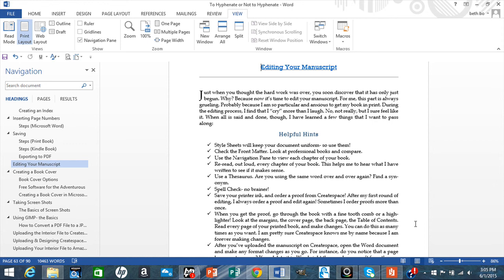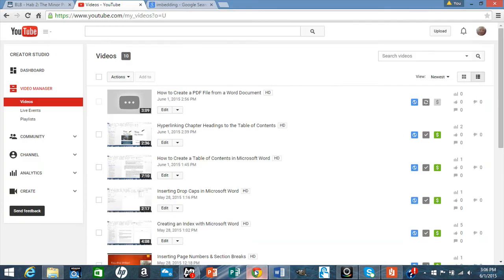And another thing that happens when I reread something out loud is I discover if I'm using the same word over and over again on a page. You get into a bad habit sometimes as a writer: you find a word that you like, it sounds good, and you realize, whoa, I've used that word too much. Use a thesaurus. I always go online and Google thesaurus,